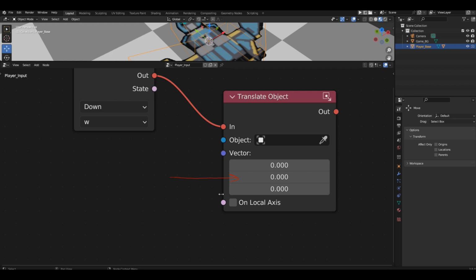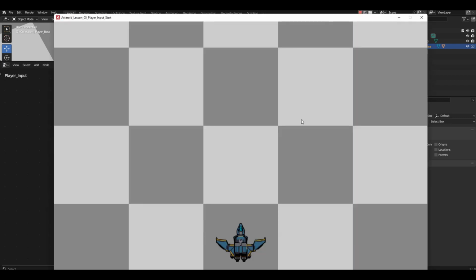Let's start with small values, otherwise, our spaceship will zoom away so fast and so far that we won't even have time to understand what happened. You'll be sitting there, scratching your head, wondering why the spaceship disappears instead of moving. I think we can start with a value of 1000. Try running the game and move the ship using the W key.